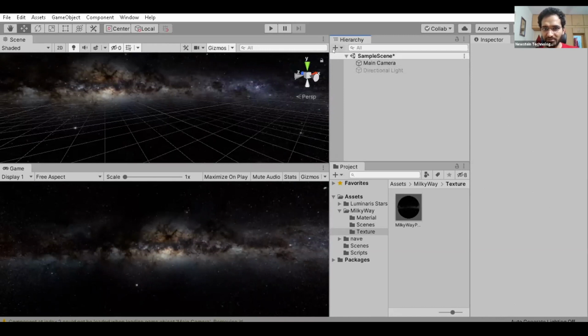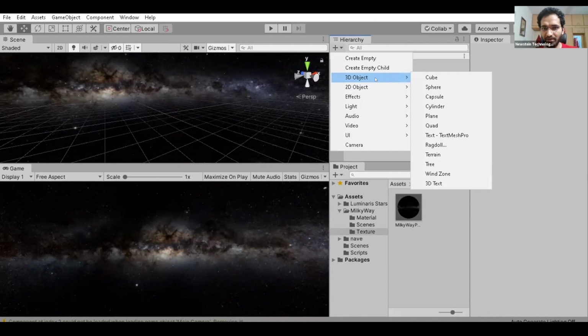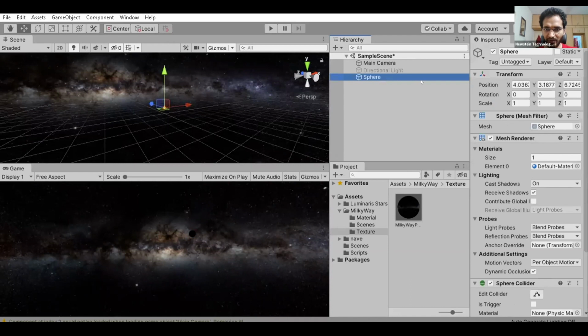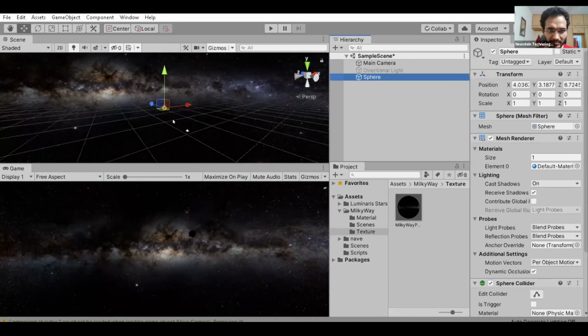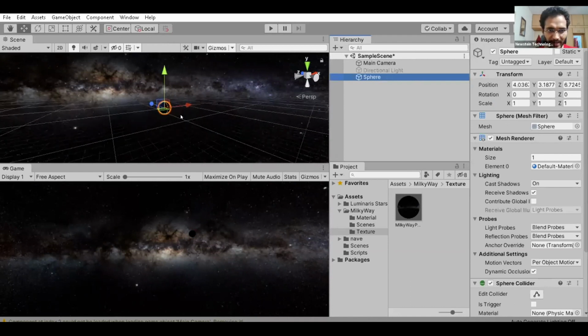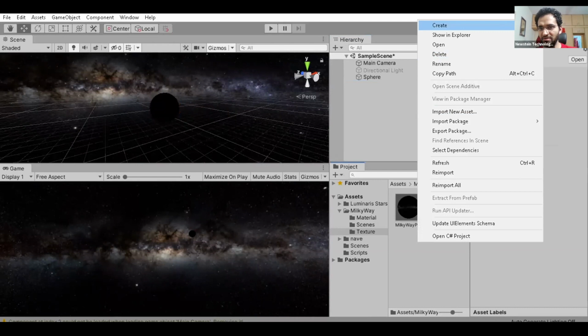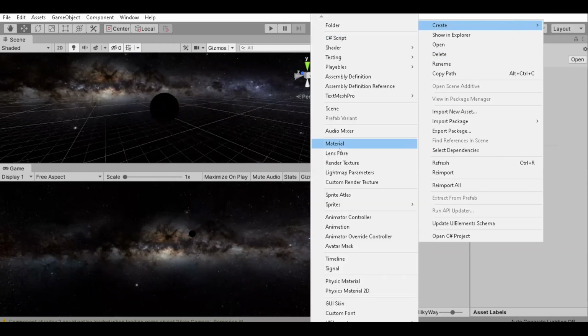What we'll do is we'll create a spaceship, no, nothing specific. I'll create a sphere just to denote it as sun, and I can add the material. Let's create a material for this thing. The glow material. Yeah. So material create.